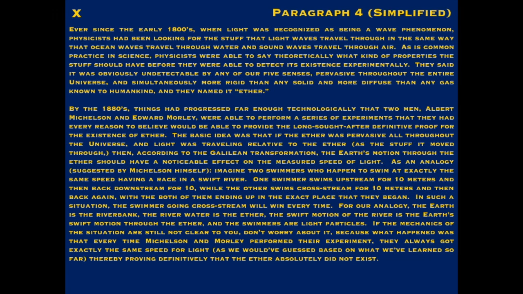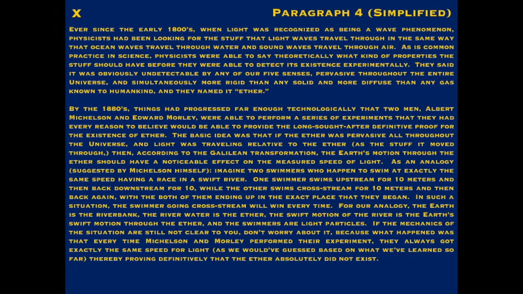Ever since the early 1800s, when light was recognized as being a wave phenomenon, physicists had been looking for the stuff that light waves travel through in the same way that ocean waves travel through water and sound waves travel through air. As is common practice in science, physicists were able to say theoretically what kind of properties the stuff should have before they were able to detect its existence experimentally. They said it was obviously undetectable by any of our five senses, pervasive throughout the entire universe, and simultaneously more rigid than any solid and more diffuse than any gas known to humankind, and they named it